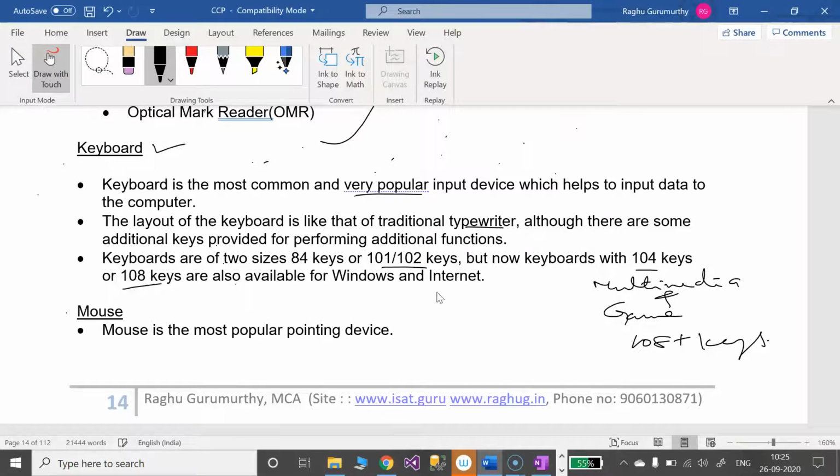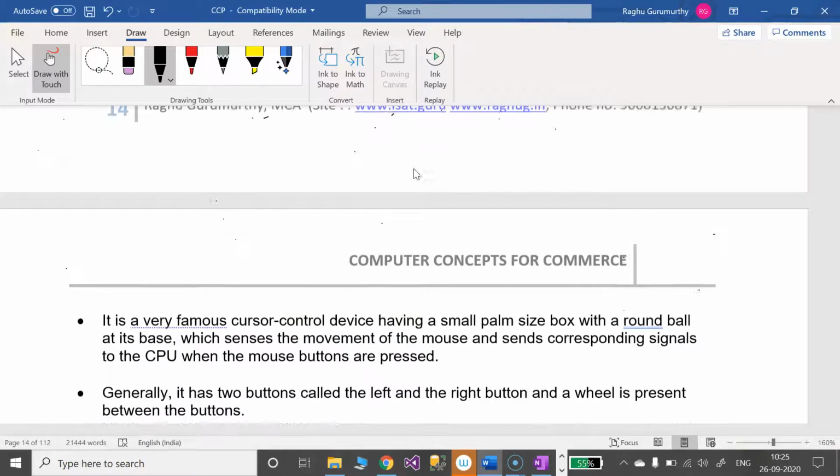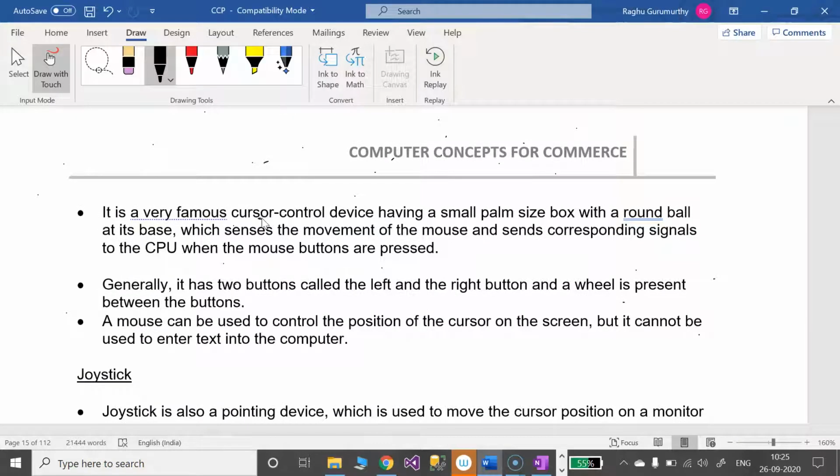Later we have the mouse. The mouse is a pointing device, because for pointing something we use a mouse. It consists of cursor control. Cursor is nothing but that blinking pointer. Usually the mouse was fitted with a round ball through which the navigation happens.